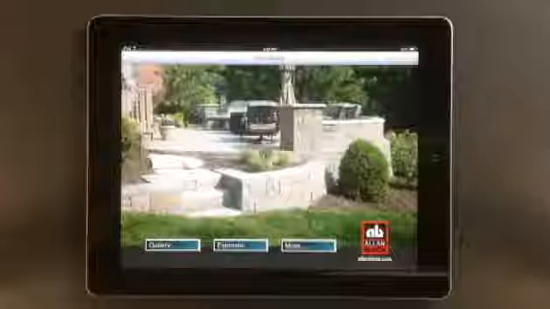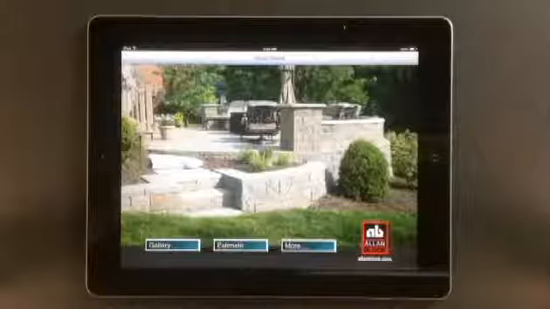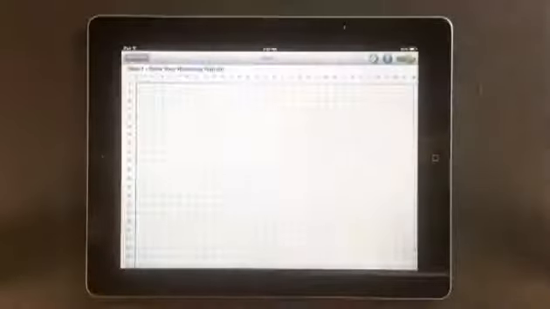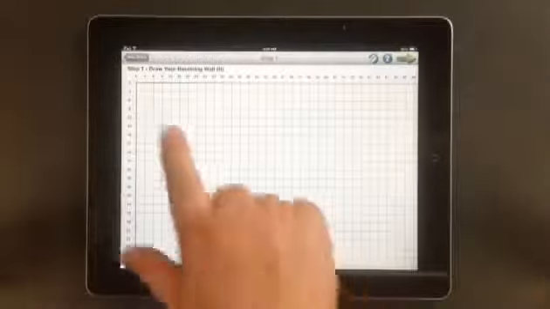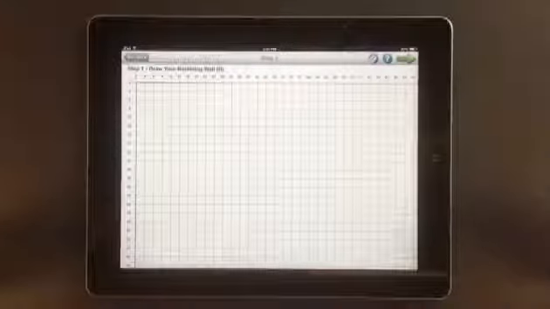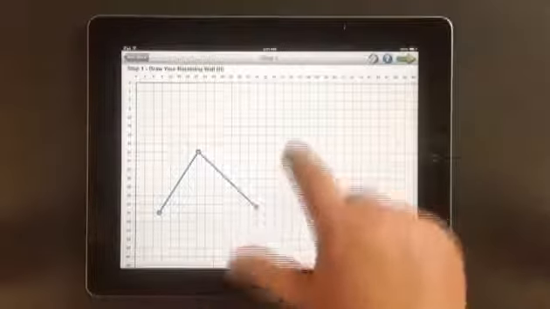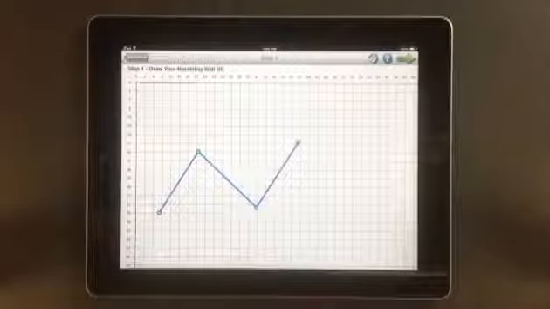I'll teach you how to use the retaining wall estimating app from Allan. What we're going to do is first come into the estimate button, and you're going to see there's a graph paper here that's got 3-foot increments along the top and the side, and this is where we're going to draw our wall. To draw, you simply just tap where you want the wall to go, and if you make